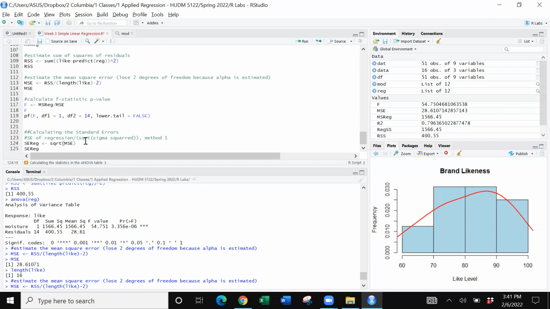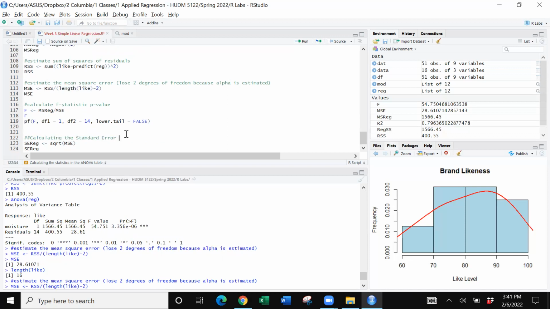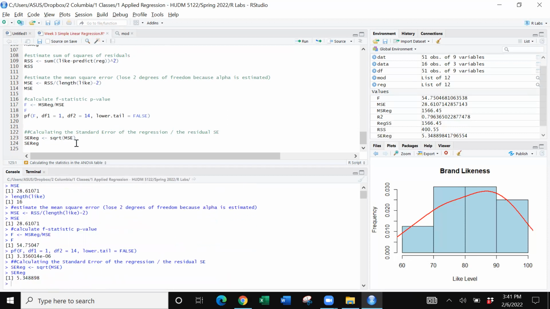And then let's see, what it's calculating is the standard errors. I see the regression. I'm going to delete this. I think what we want, this should say, calculating the standard error of the regression, the residual standard error. So the residual standard error is literally just the square root of the MSE. So 5.3. So if I again go to summary mod,